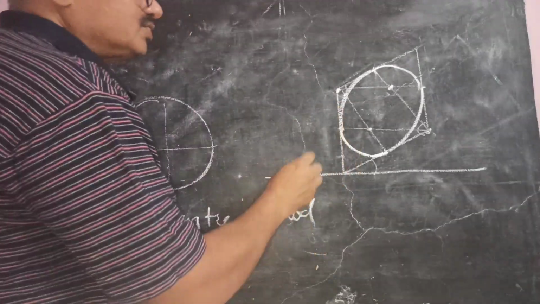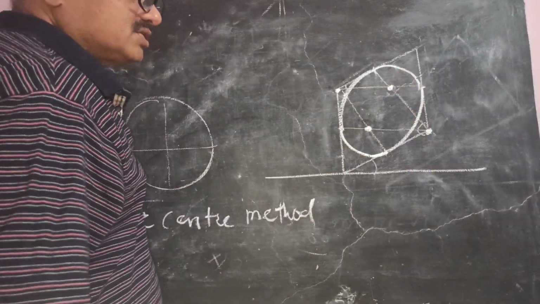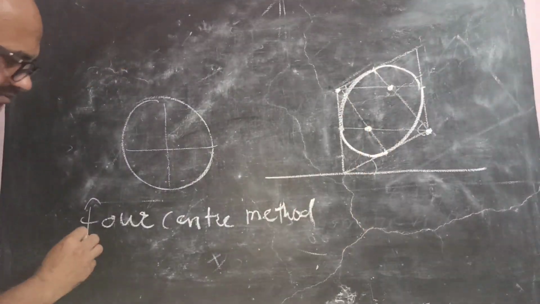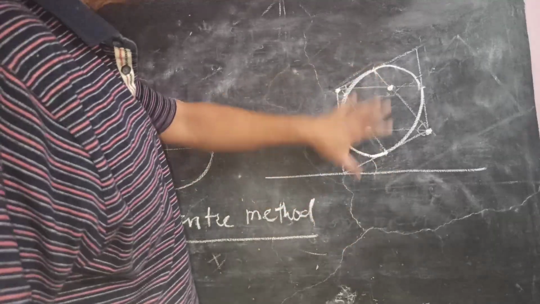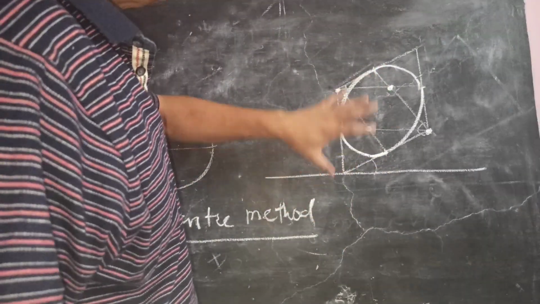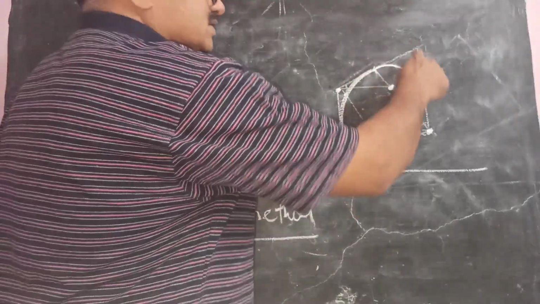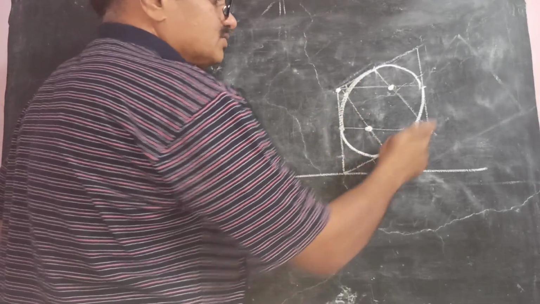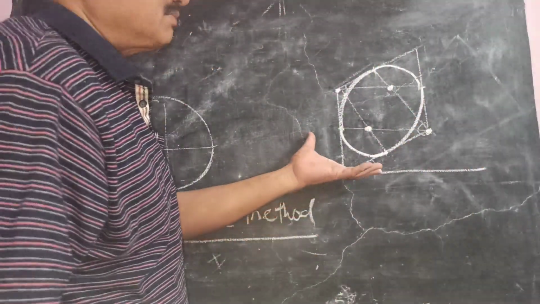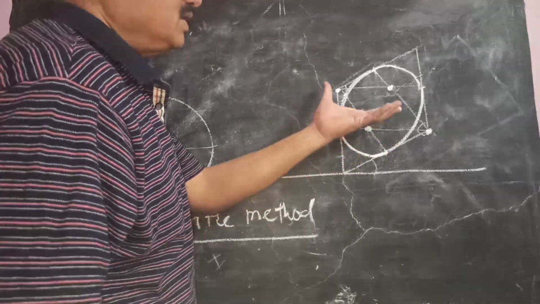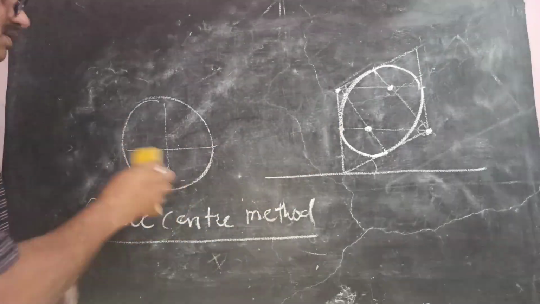In this method we have used 1, 2, 3 and 4 centers to draw this circle. That's why the method is known as 4 center method. Whatever semicircles, circles we draw in isometric, we'll have to use this method only, where you will find all this construction is lighter than whatever you have drawn as the circle. We'll see various examples where you can get more familiar with this method. This is the 4 center method to draw the circle or a semicircle.